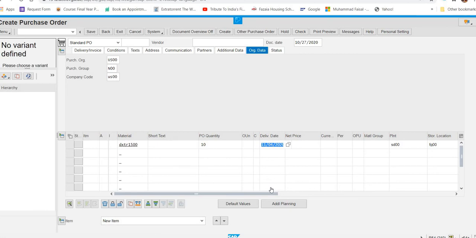Then we have to just see here, we have to put this DL00 as supplying plant here. Supplying plant, you have to enter vendor.